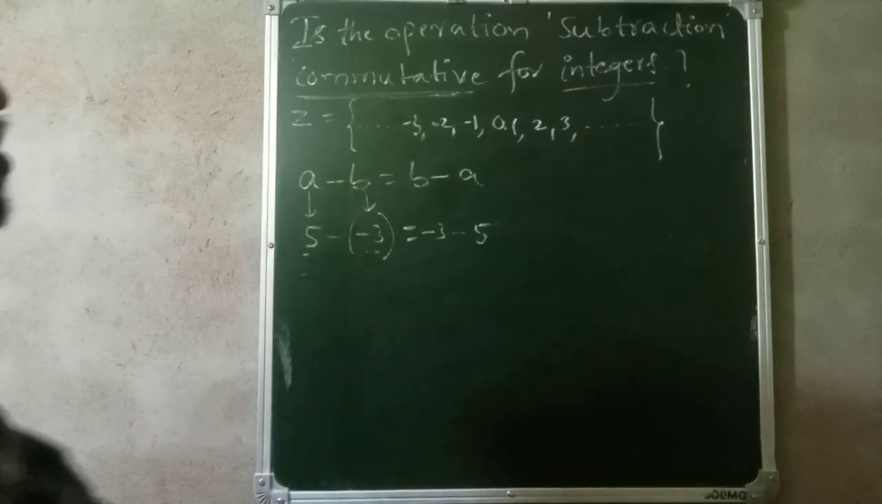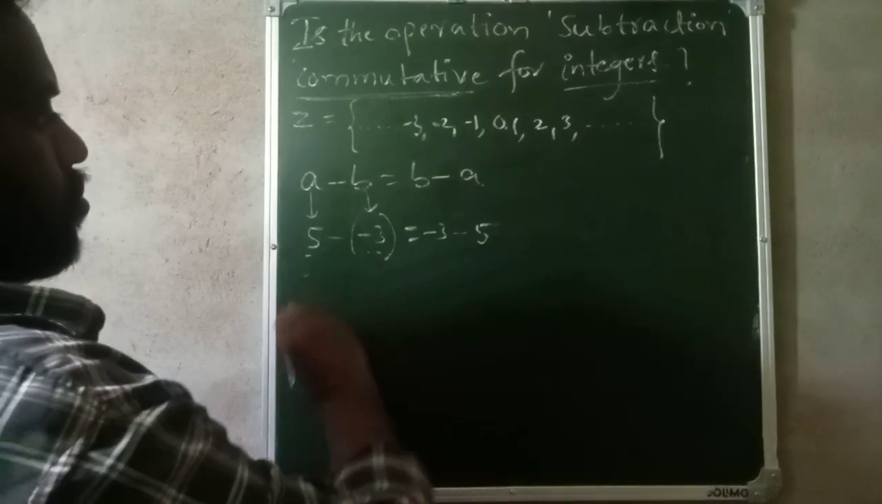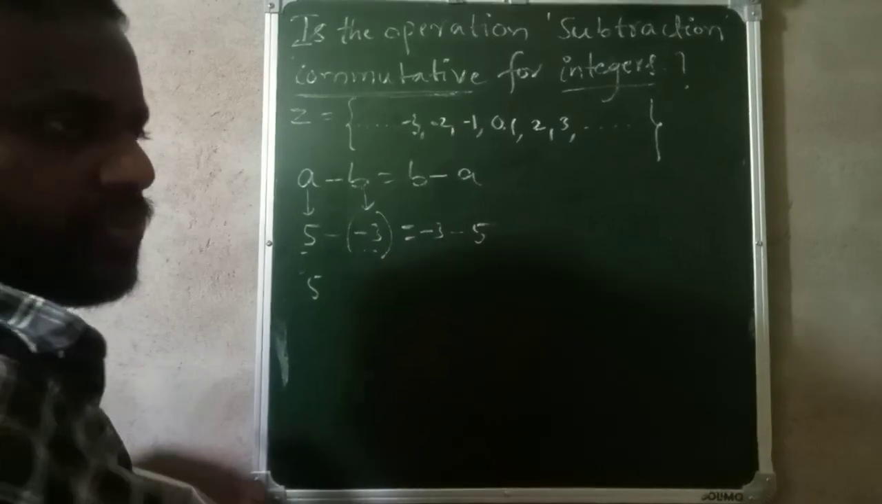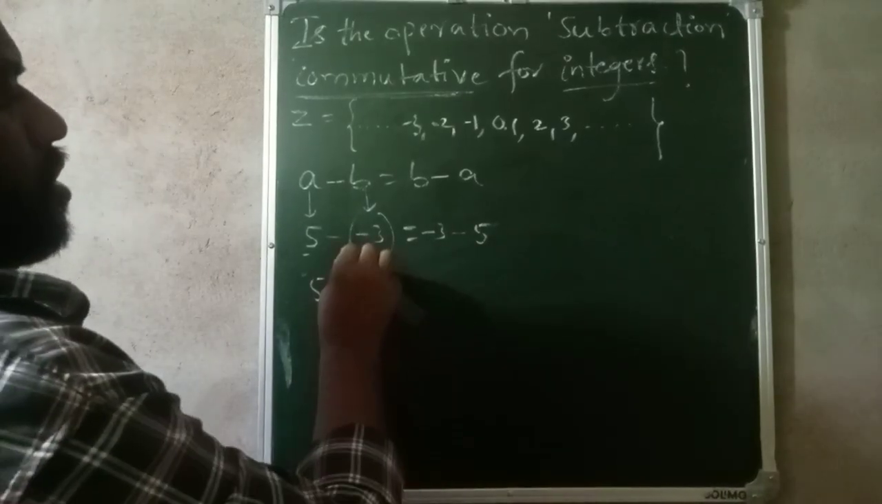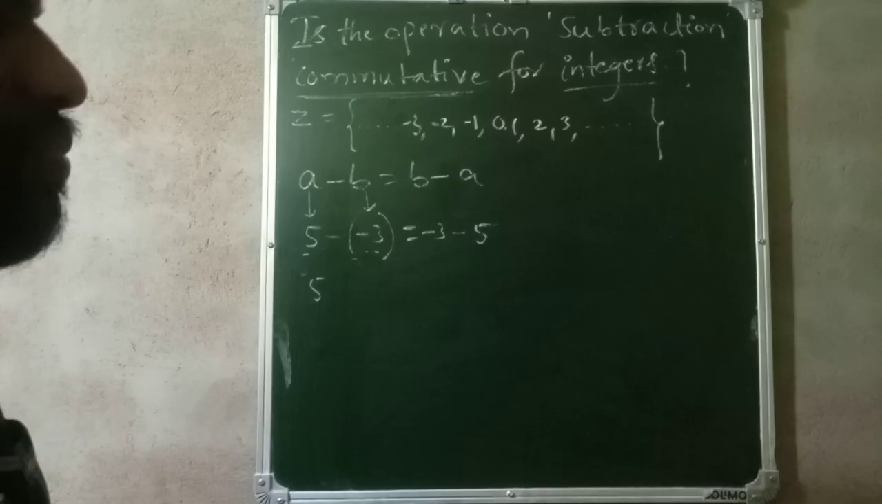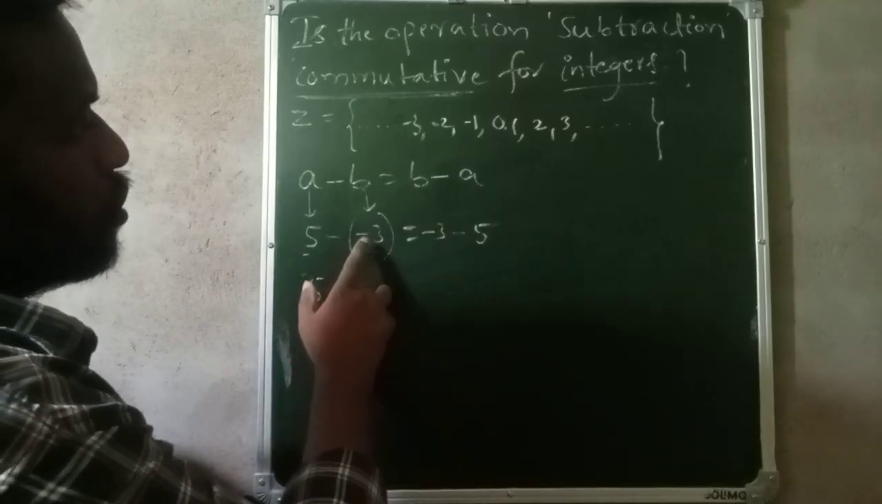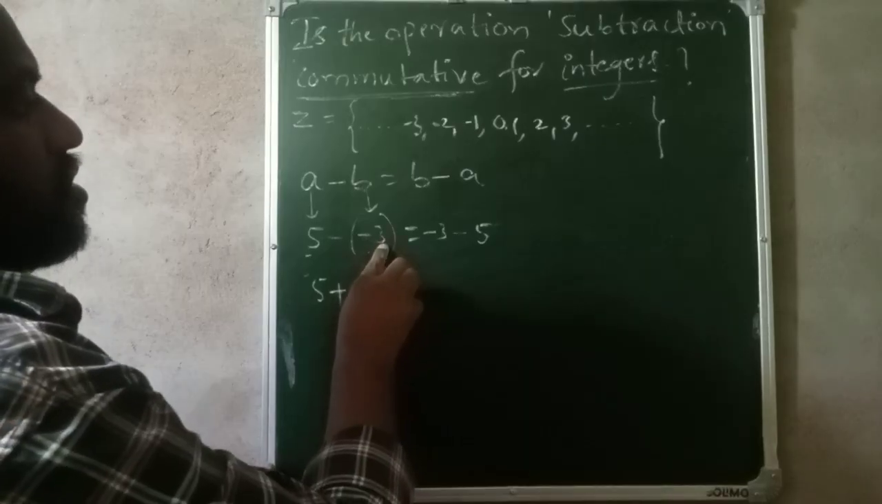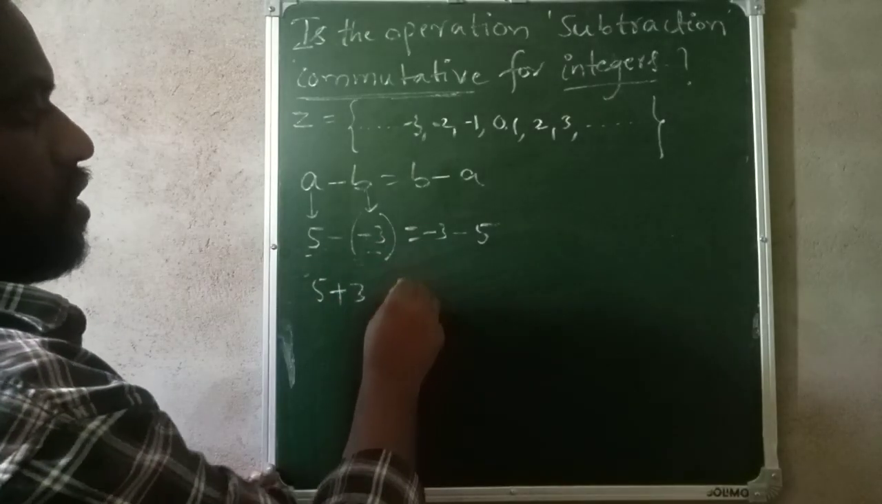Now we have to check this. So 5, right, as it is. We have to simplify this side and this side. See, your bracket is there. The bracket means it's like multiplication. So minus into minus is plus. Okay. And this 3 write as it is. Now is equal to,